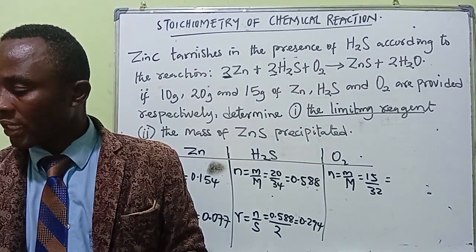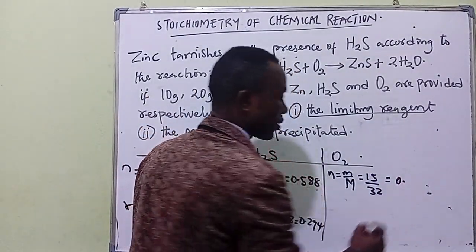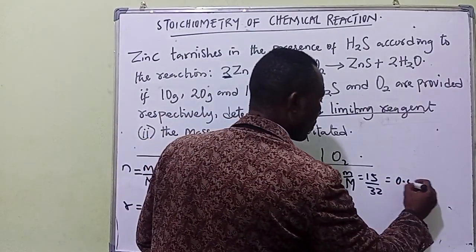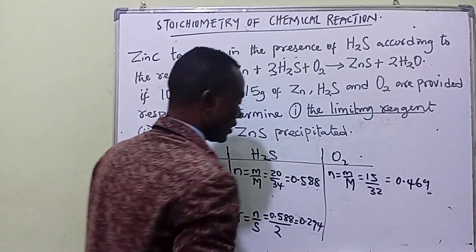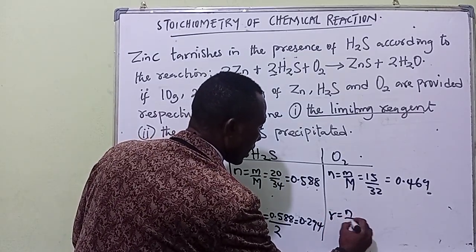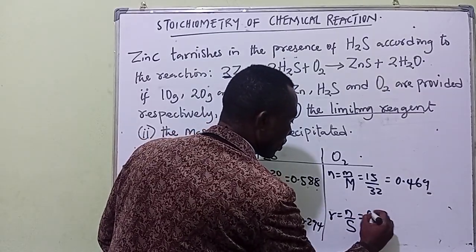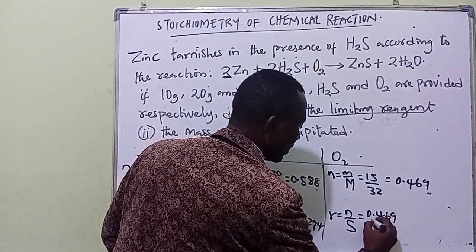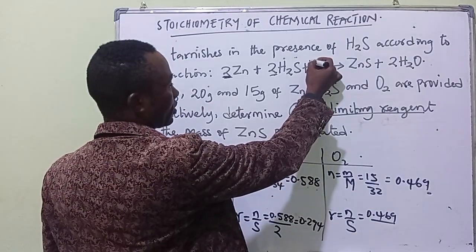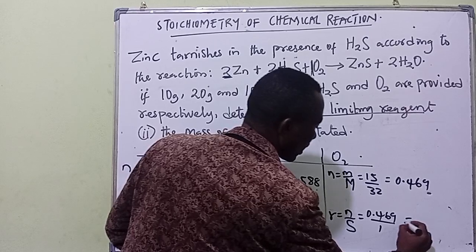15 over 32 is what we are getting as 0.469. Then the ratio of mole for oxygen will be the number of mole divided by the stoichiometric number of mole. The number of mole obtained is 0.469. Then divided by the stoichiometric number of mole for oxygen in the balanced equation. The stoichiometric number of mole is 1. So that will give us